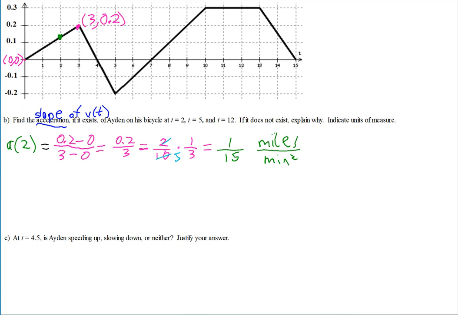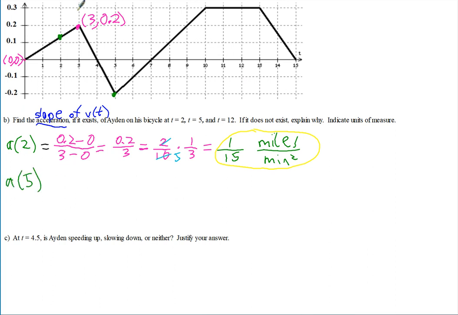So that's the acceleration at time 2. Then let's look at time 5. But notice at time 5, we're at a corner. And notice it said, if it does not exist, explain why. So remember, the derivative or slope doesn't exist when you have an abrupt change in it at the corner like that. So for a of 5,